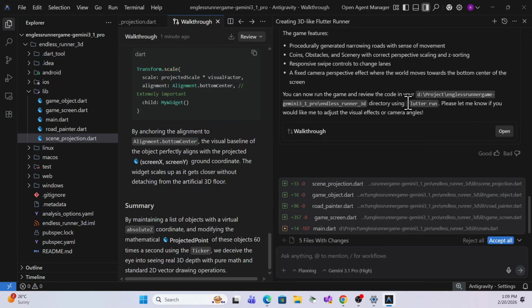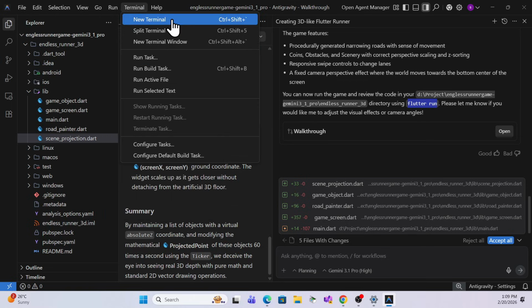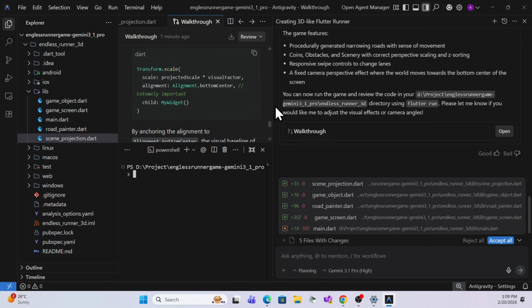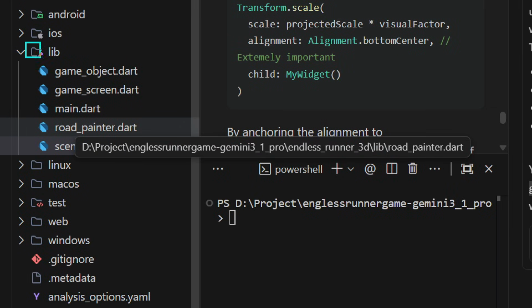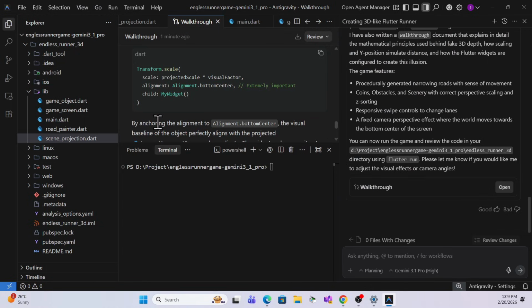They also provide this run command, so we can directly run it inside this directory. So yeah, go to that terminal. Before that, I'll accept all those changes. These are the changes they have created. And this is our root directory, this complete application, and I have to run this application using